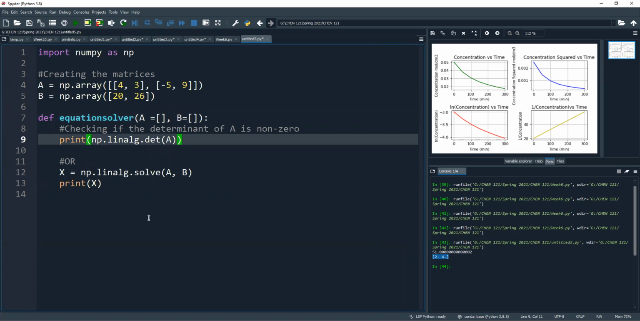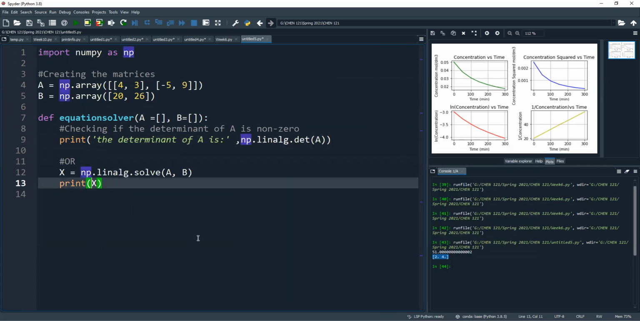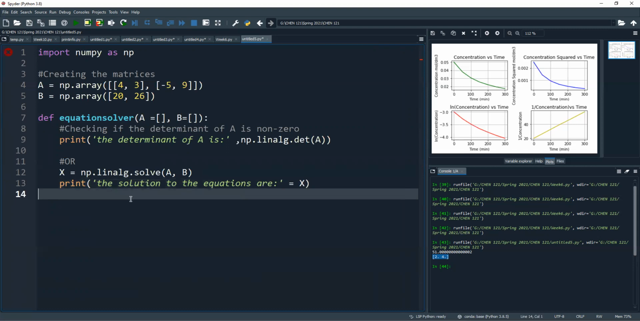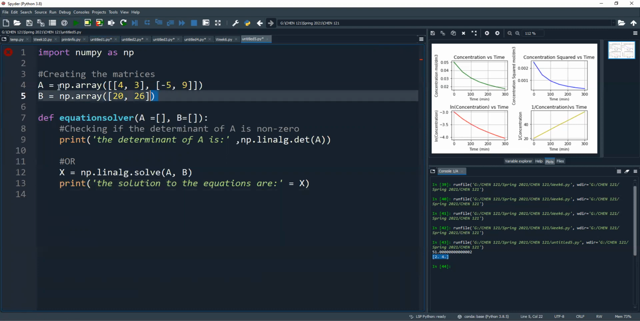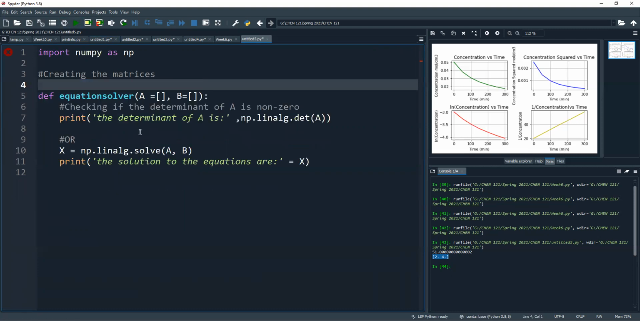And what I'm gonna do, I'm just gonna make some changes. So here I'm gonna just write the determinant of A is, just so that it's easier to see these results. And then here I'm gonna say the solution to the equations is, just to make it easier. And now I'm gonna cut out this input, right? So this is the generic form of this function. If I run it, just to see if I have any errors,